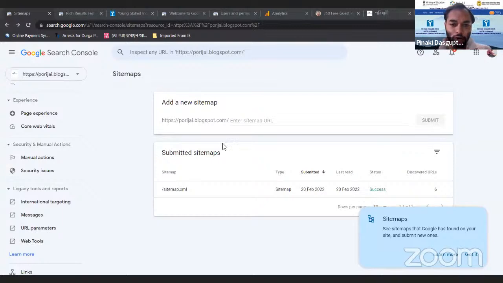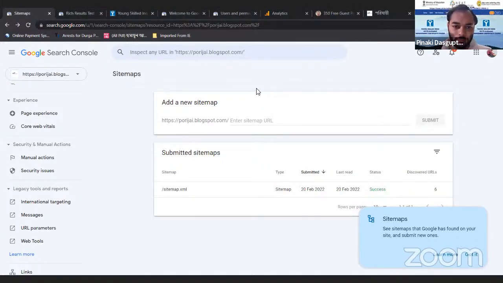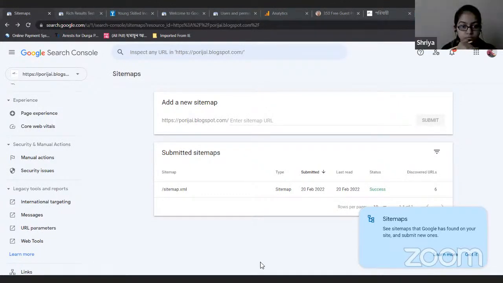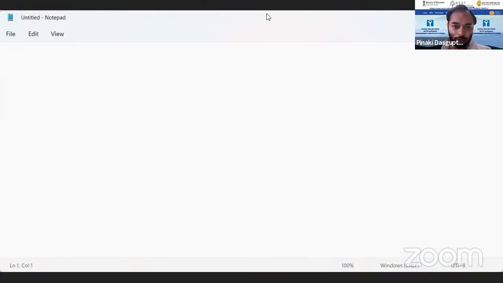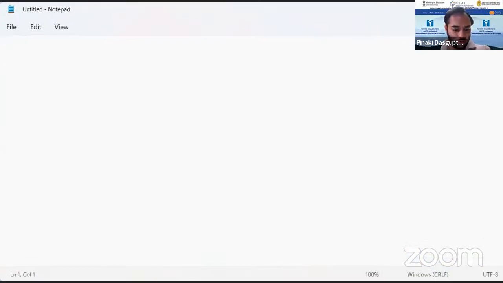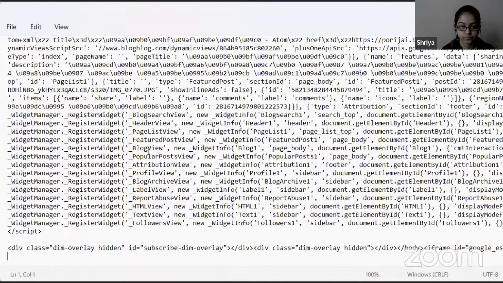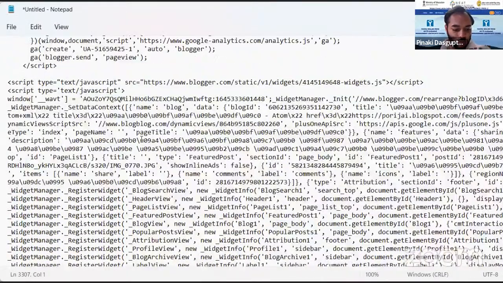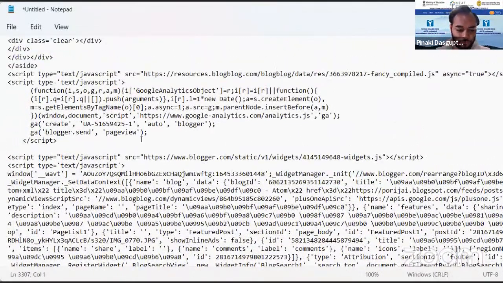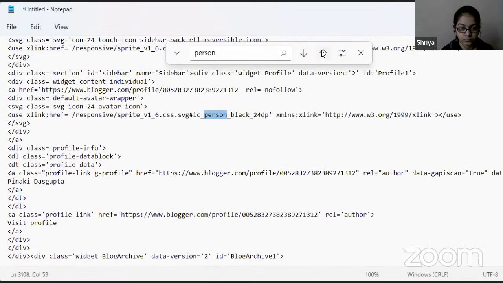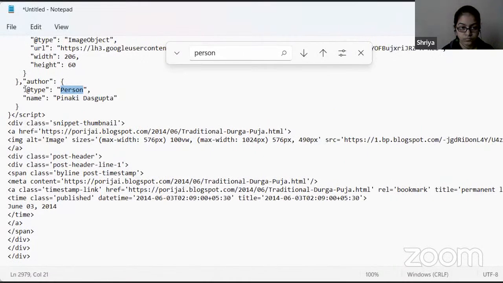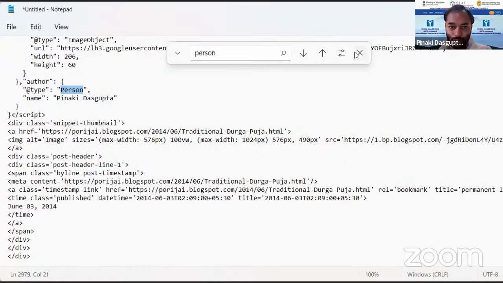Can you see that I have opened a notepad? No, sir. So I have copied that code. It is visible now, sir. I have copied that code, and now I'm searching for Control F person. And here I have to add the URL.